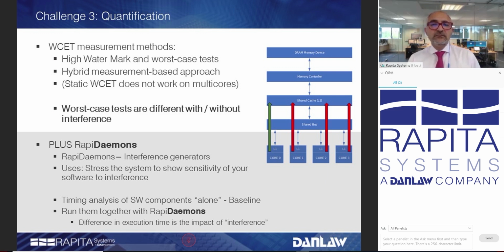Now, that is easy to do on a single core processor or on a multi-core processor with an application that runs alone. Except that when that application runs alone, and this is the example that we show here on this diagram on the green arrow,